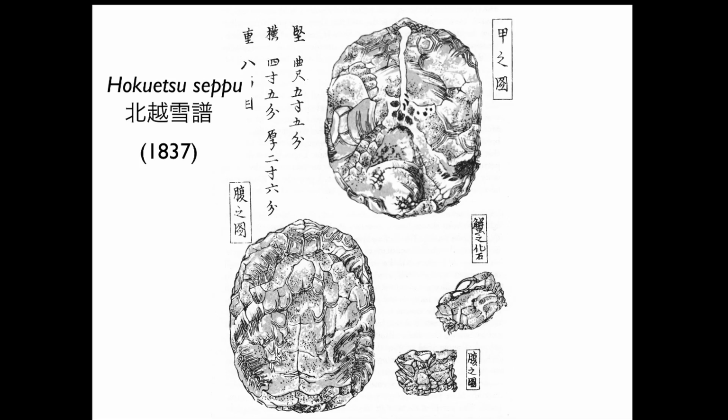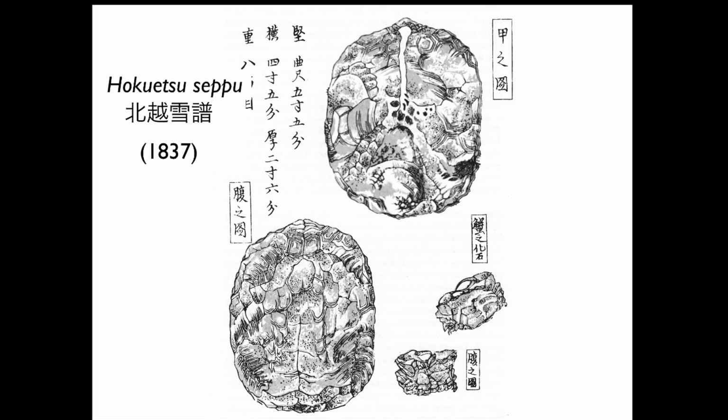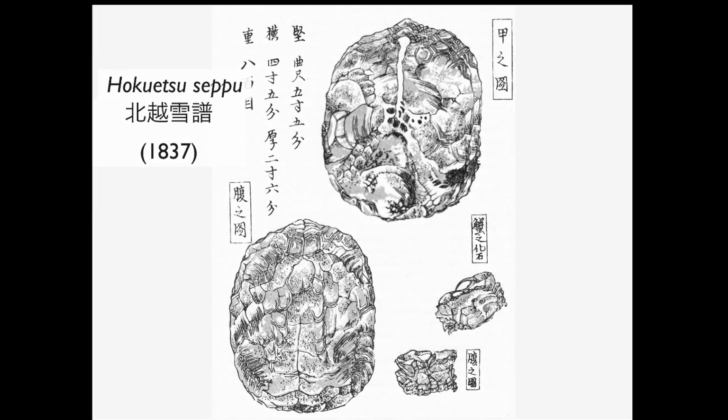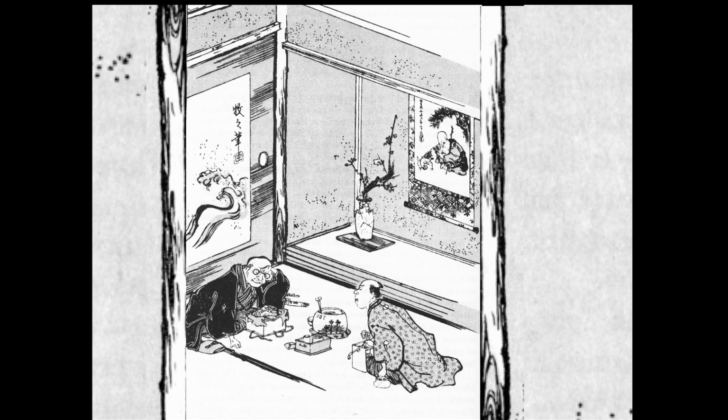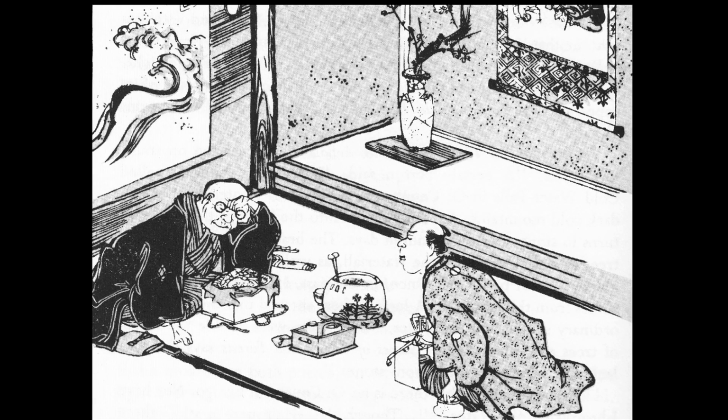This is from another famous work of the 19th century, a work on the northern countries, and this is a picture of fossils. This is a camel fossil and a crab fossil on the bottom right. But in this work, the author not only has illustrations of these fossils, but on the next page, he shows people looking at these fossils. And it's especially this looking, this contemplation of the object, that makes them seem so much more interesting.